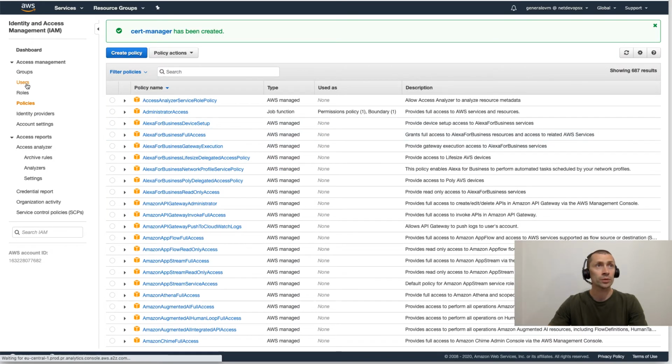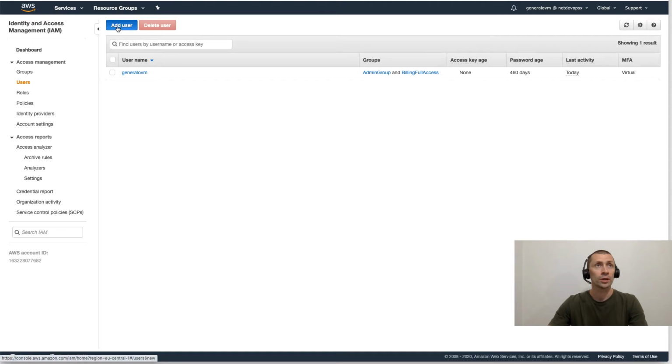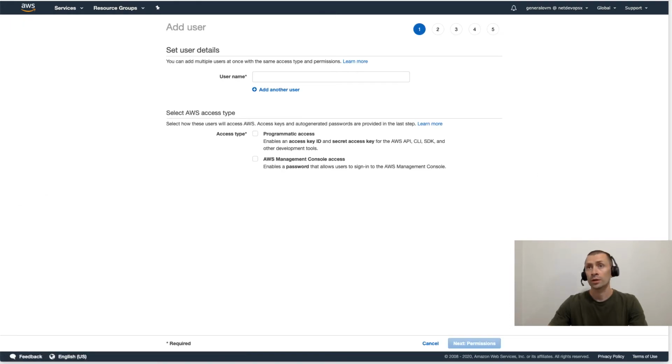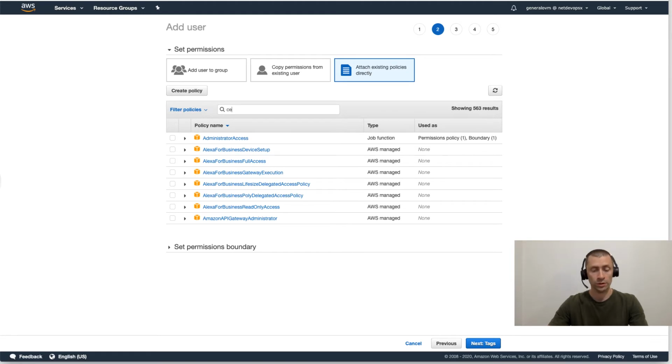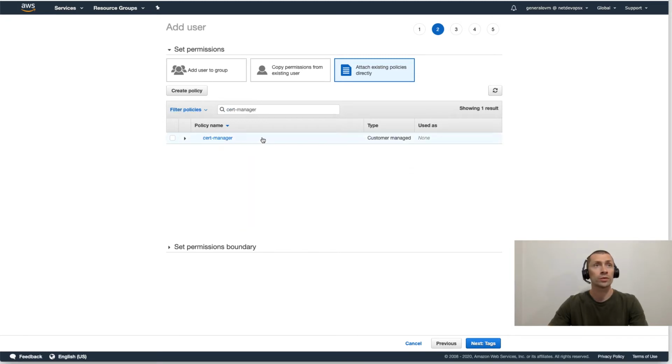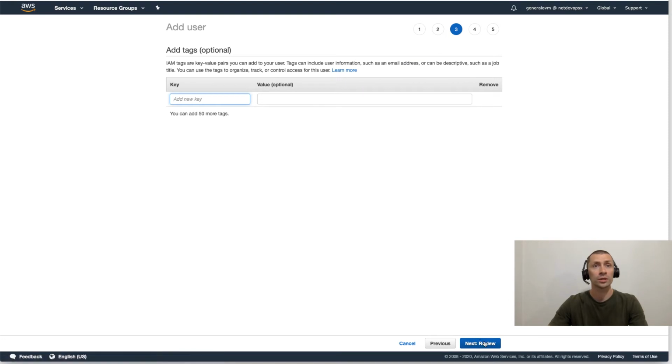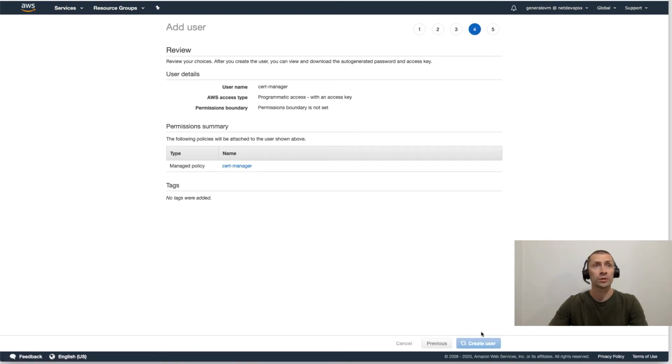And now the next step will be to create the user. Let's add user and set the username, again, let's use the same, cert-manager. We are going to provide only programmatic access, and we're going to directly attach the policy here, cert-manager, and let's set the full path, this one, tag, skip it, review, and create user.